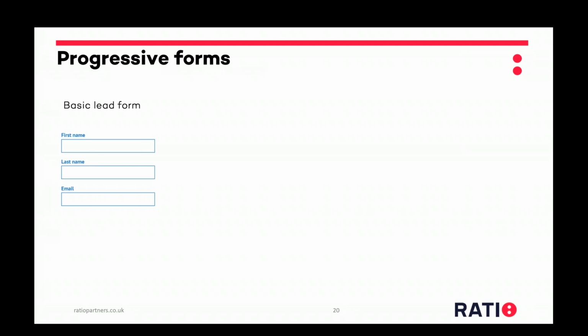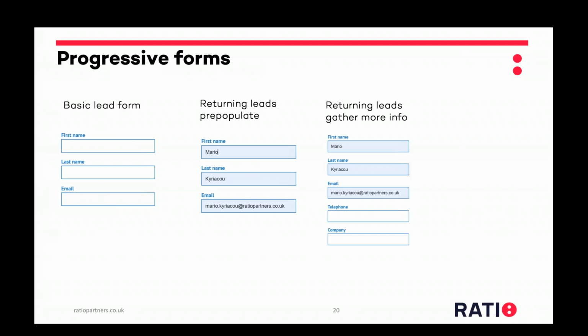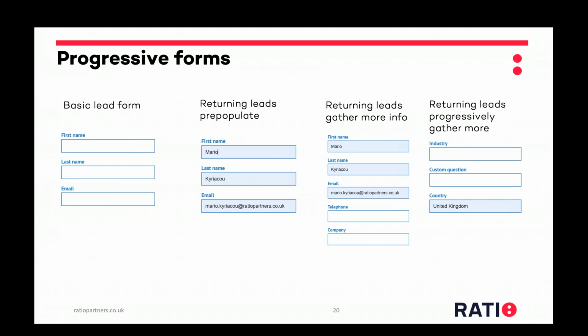So you have a basic lead form. Instead of doing what sales wants and having a form that has every single field, the form of death, have a basic lead form. But then use that and pre-populate it on the next visit, so they don't have to complete it again in order to download a white paper or some of your thought leadership, but then ask for more information. So perhaps next time we also want to ask for telephone or company, but progressively on each visit,